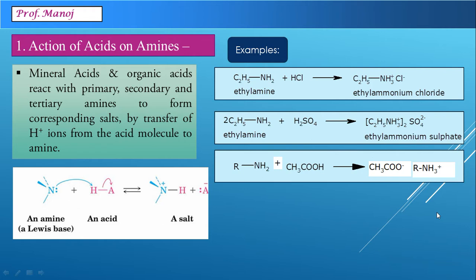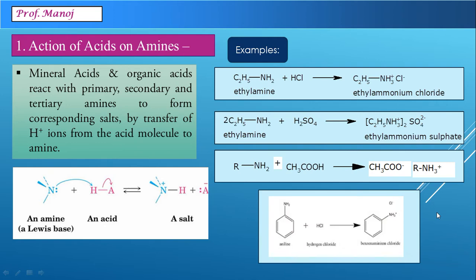If we consider any organic acid, say acetic acid, then reaction is identical, but the way we represent it is slightly different. Here the anion is written first and the cation is later. Here also hydrogen of acetic acid transfers to amine group. The compound which is produced here is usually labeled as alkyl ammonium acetate. While writing the formula, acetate should be written first. Similar reaction can also be shown with formic acid, where it will become HCOO-.